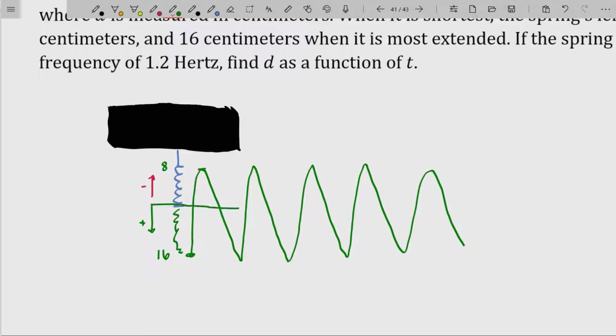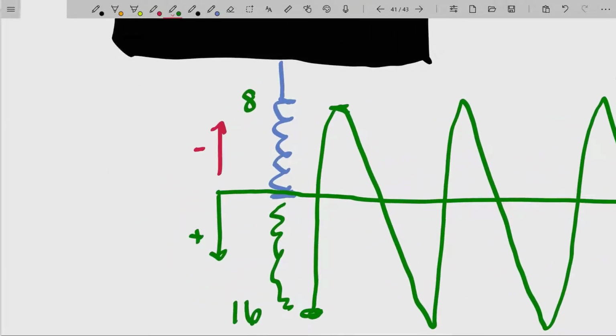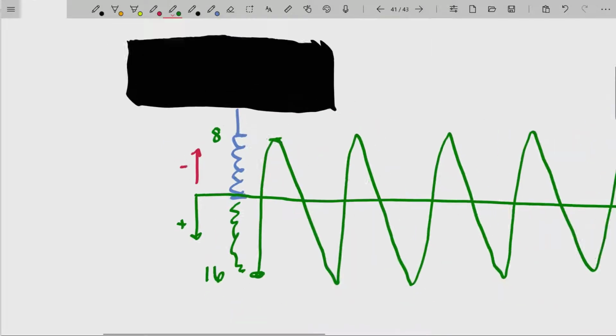Now, also I should note, this midline happens at y equals 12. I should note that my numbers are upside down as well. Notice that. I went from 8 on top to 16 on bottom, which matches, by the way, the arrow direction. Negative is up, positive is down. So it is going like that. However,